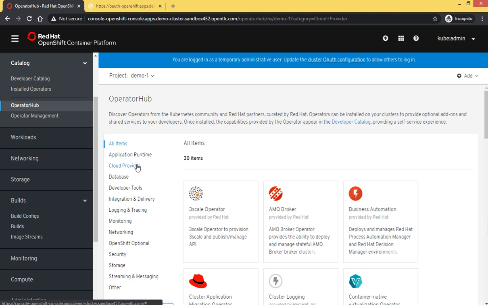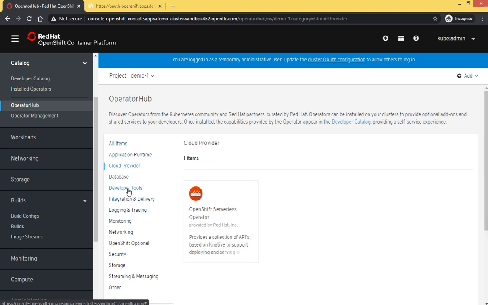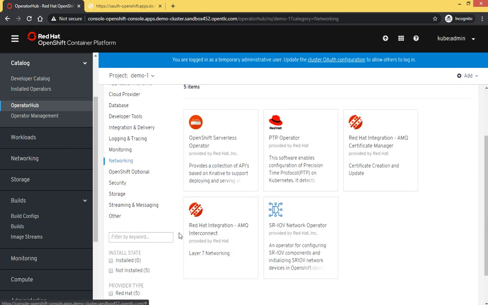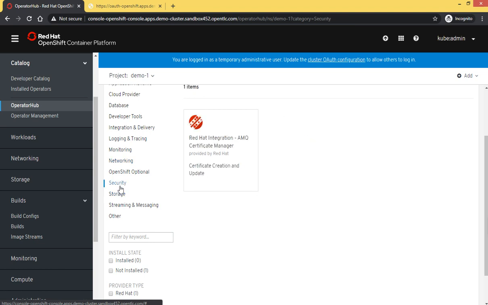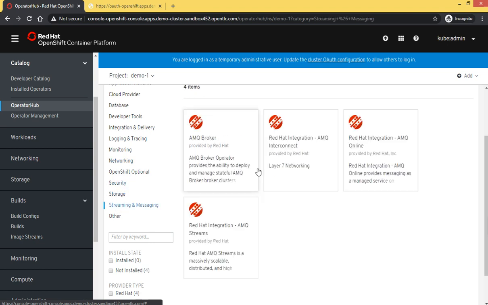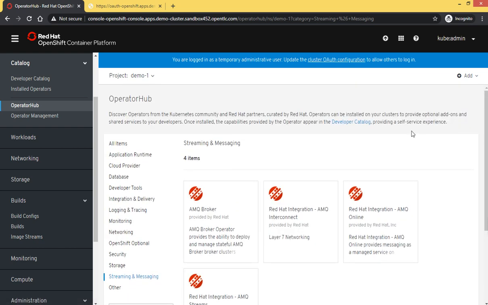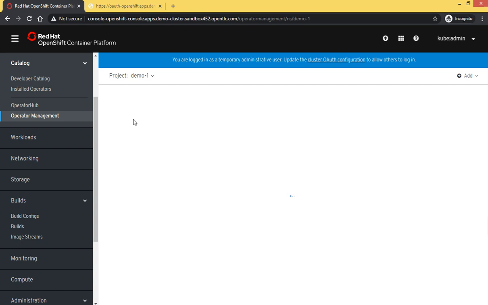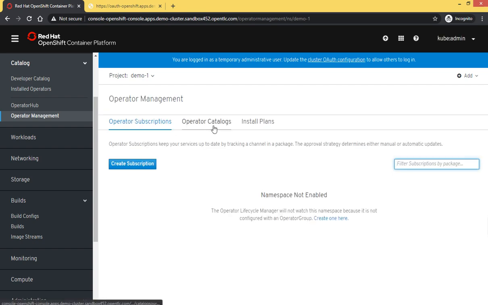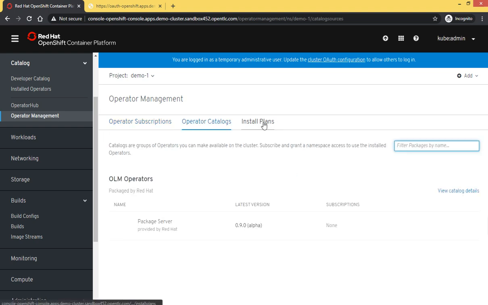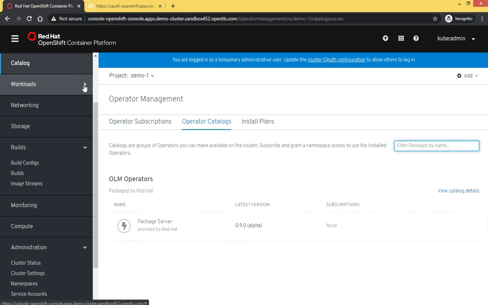Okay, you can see we have different cloud provider operators, developer tools, networking, and there are many others as well for storage, security, streaming and messaging. So these operators we can use. Other than that, operator management, when we use any operator, then we can create subscription catalogs. This was all about catalog.